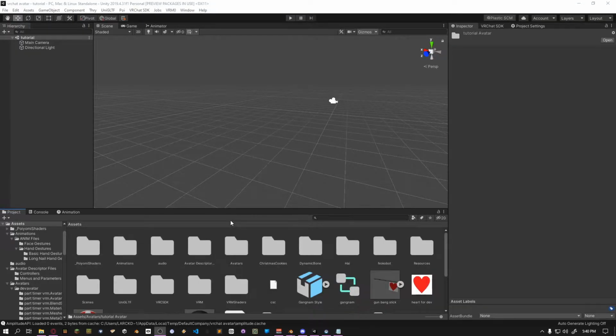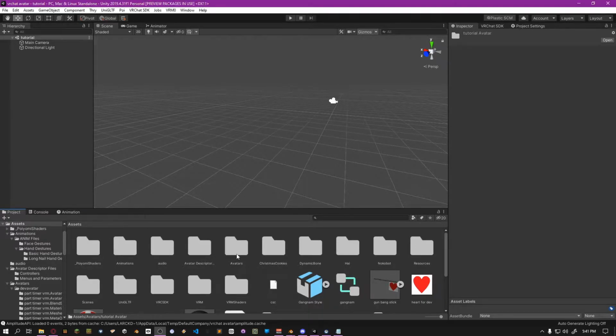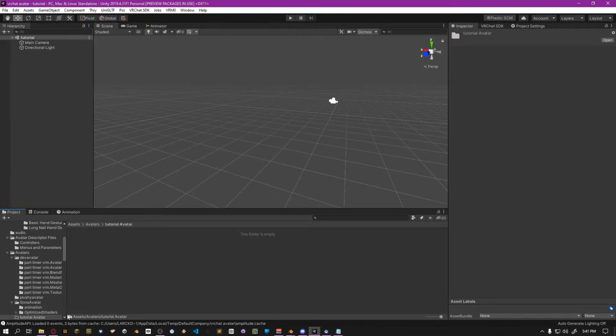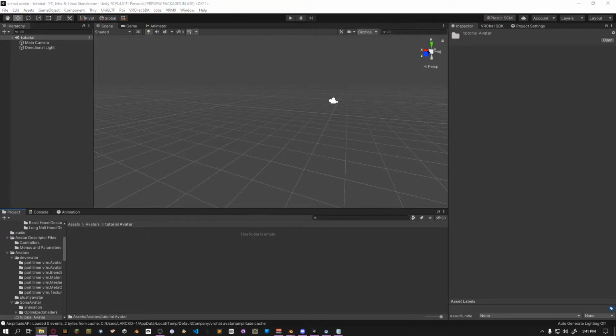Now we've got our Unity open. You're going to want to make sure that you drag both your Poiyomi shaders package that you downloaded and your VRChat SDK into the assets folder and just import all, and you'll be good to go from that point on and follow the rest of these steps. So once we've got those installed, let's start popping our FBX files in here. So I have a folder I created called avatars, and I'm going to go to tutorial, and then I'm going to go find my file that I just created, drag your FBX file directly in here,